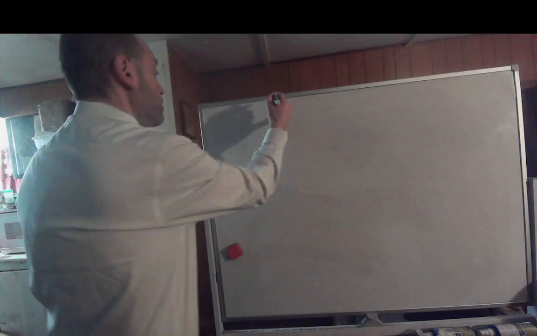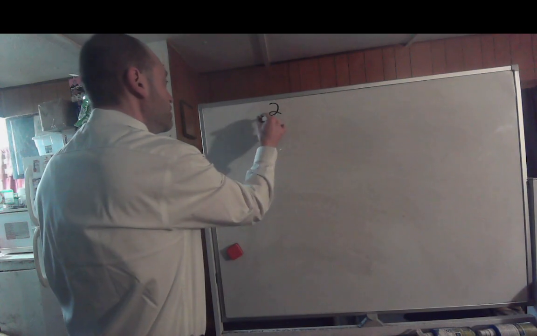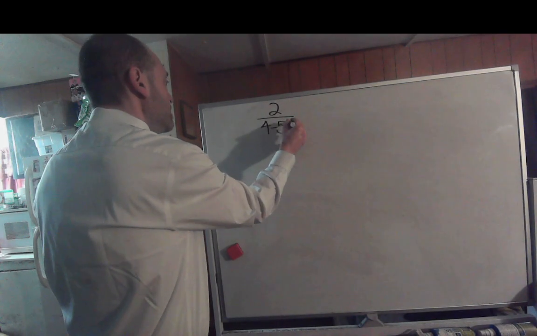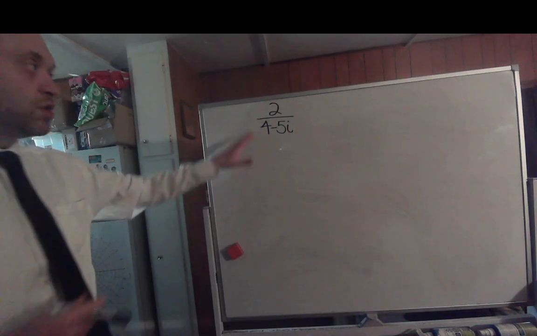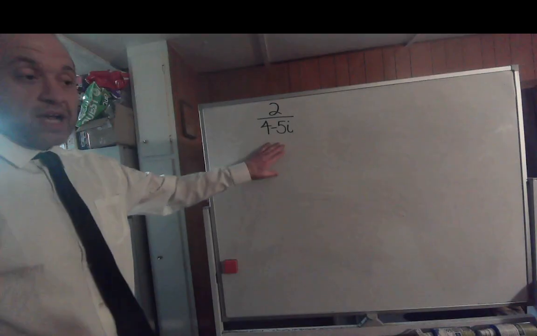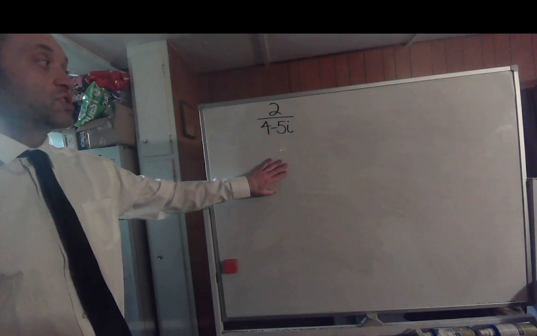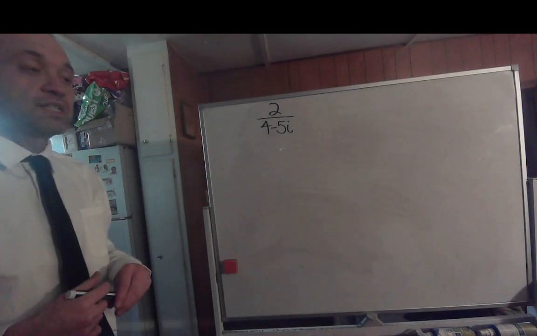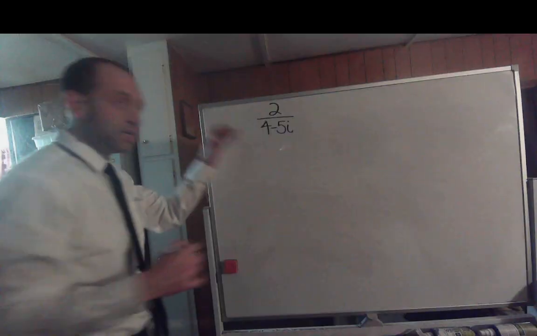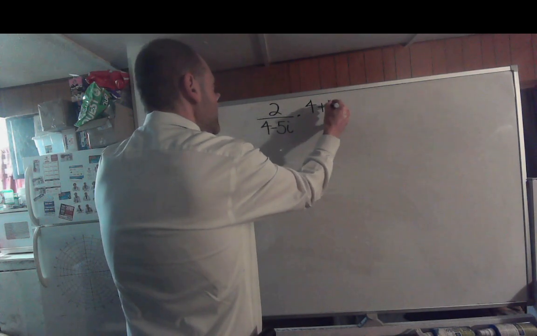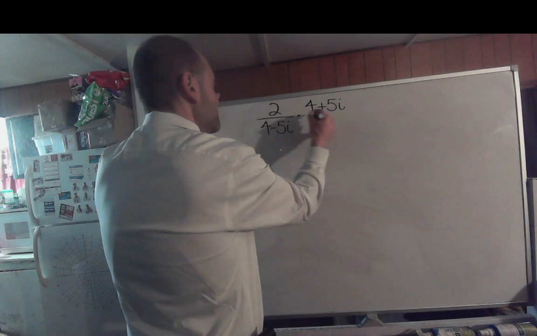A little bit harder one. We have 2 over 4 minus 5i. So we've been given 2 over 4 minus 5i. Well, we want to rationalize the denominator, so we have to multiply the numerator and denominator by its complex conjugate, which would be 4 plus 5i. So multiply both numerator and denominator by that 4 plus 5i,